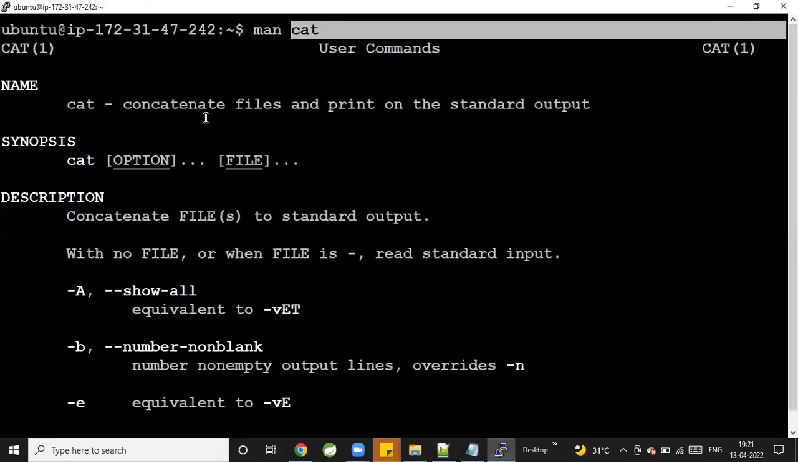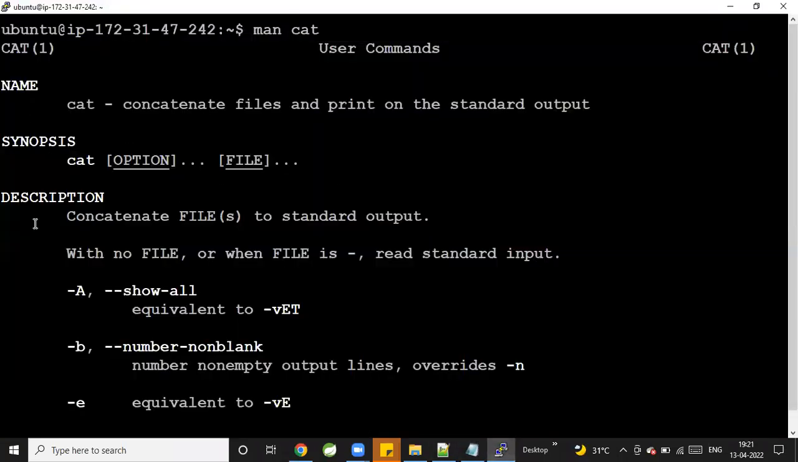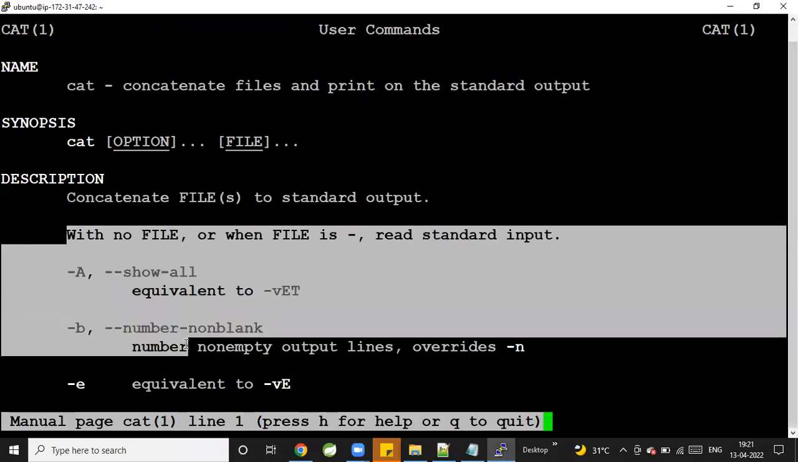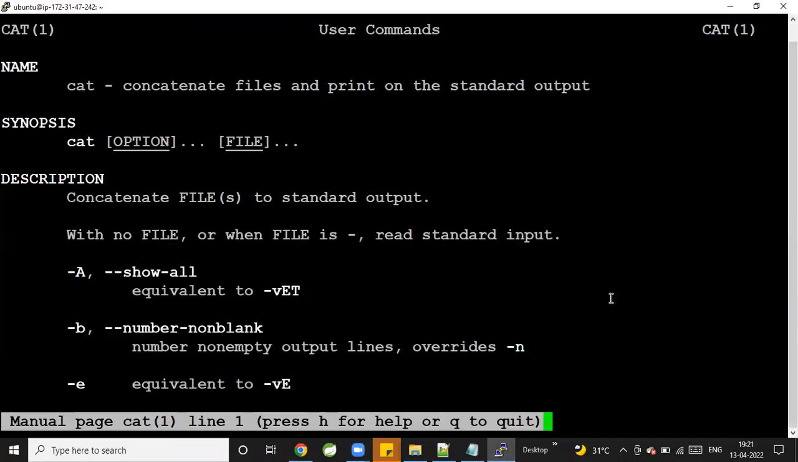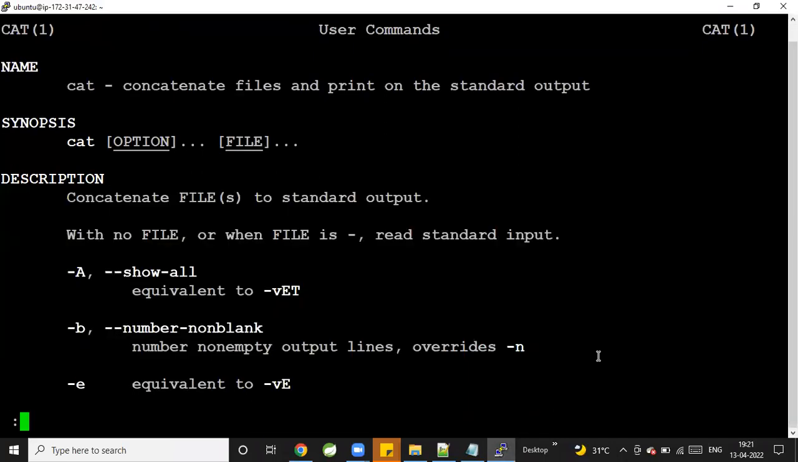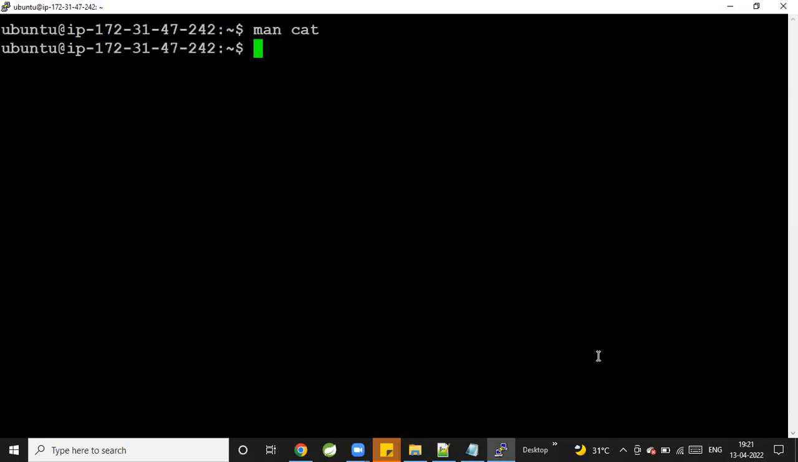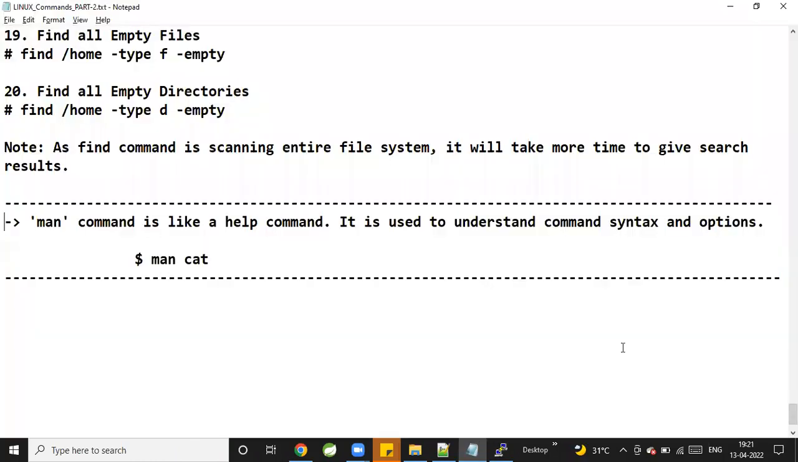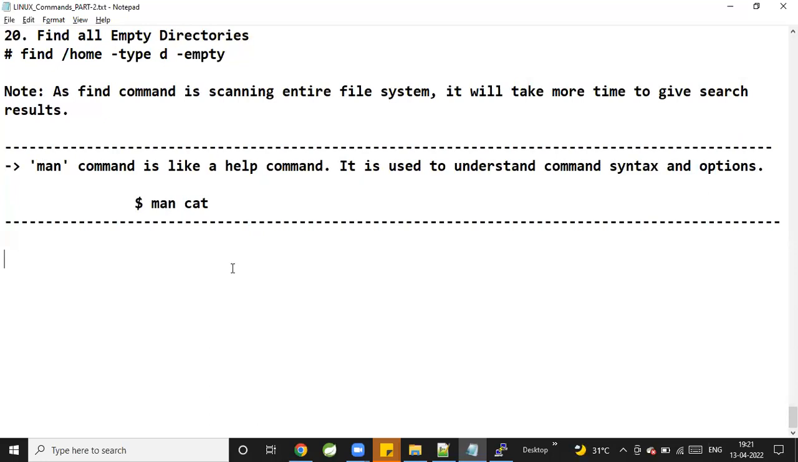Cat command description, cat command synopsis, cat command options. All the details it is giving for us. Now just write :wq to quit. And the next one, guys, to see the IP address,